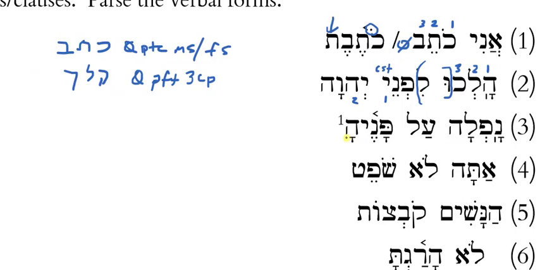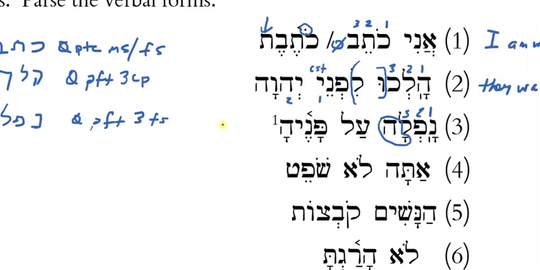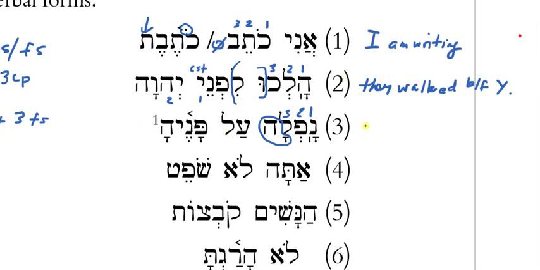Now look at number 3. Everybody say that with me. Nafla al paneha. Okay. Nafla. Qal perfect or Qal participle? It's a Qal perfect. There's no holem with root 1 here. I've got nafal. Who remembers what nafal means? To fall. That's right. What does the ending on the back end of a Qal perfect tell me? Third, feminine, singular. Good. So who did the falling? She. So she fell. And then al means on or upon.